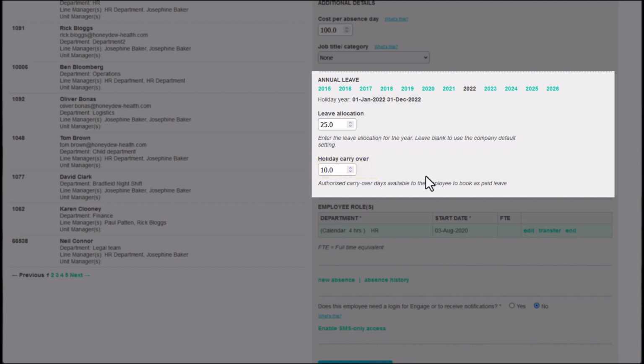You might want to do this at the start of a new holiday year if some employees have not used up their holiday allowance in the previous year. Note that unused holiday allowance will not carry over automatically. These bulk updates can only be applied in the current holiday year. In other words, you should wait until the new holiday year has started before you upload the approved carryover days